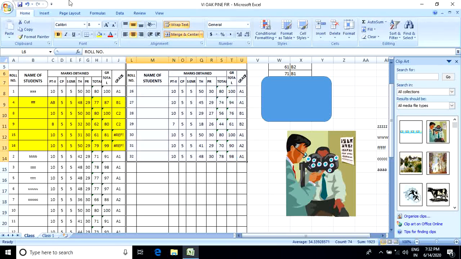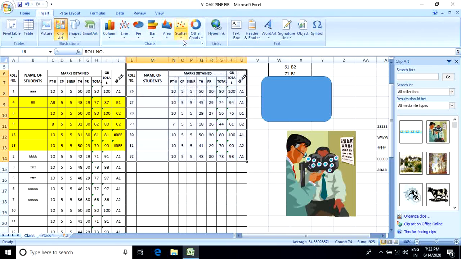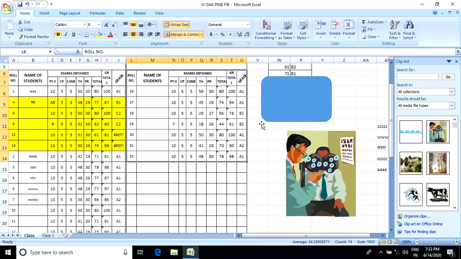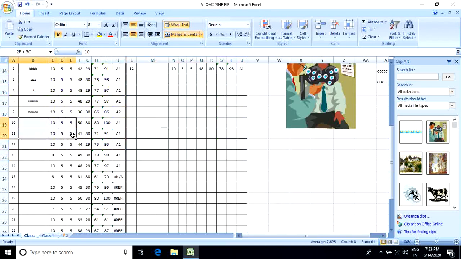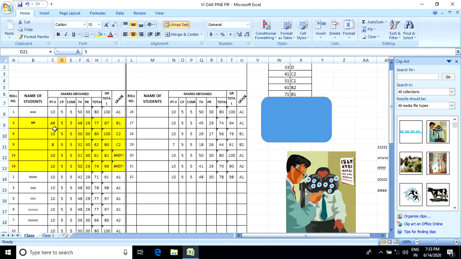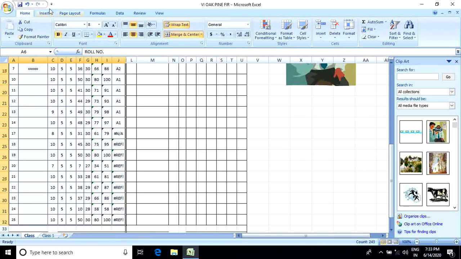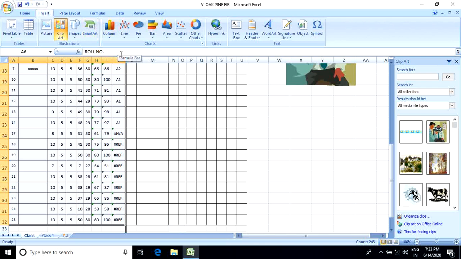These are the various types of chart we can find in Microsoft Excel, which help us with a pictorial or graphical representation of a value or a selection of values. So this is called chart. That helps us with a particular graphical representation.